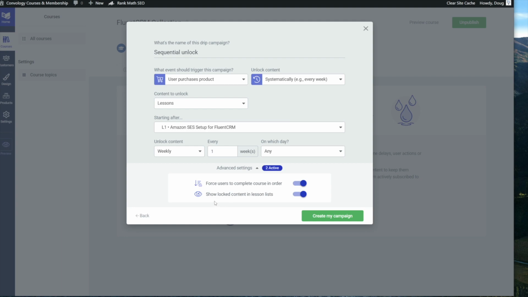We also have the ability down below to show locked content in the lesson lists. If I turn this off, that means the user is only going to see the content that has been unlocked for them. So it's almost like a triple drip effect, right? We've got the user purchases the product, and every week a new lesson unlocks. And they have to complete the lessons in order, and they can't see the content until they've unlocked it. Personally, if you're going to do it that way, I would leave this one checked so that users can see what's coming up. I find that it helps users to progress through content,